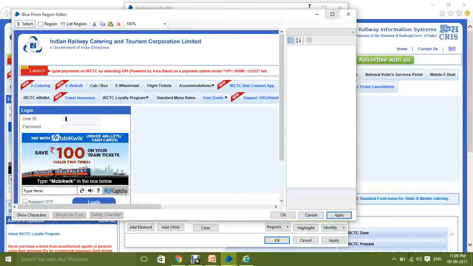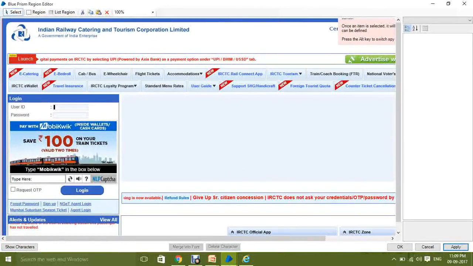Did you notice this? My Application Modeller is on the home page of the IRCTC website. Now what I have to do is recognize the regions. I have to identify the region. I have to capture the particular region. So this is my captcha code.